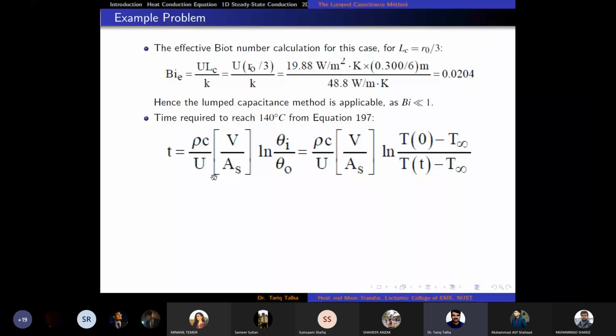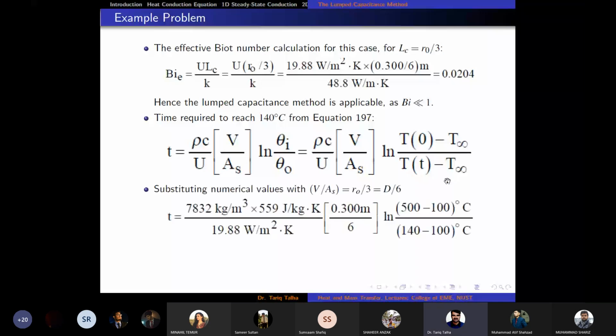Rho value is given, c is also given, V upon A_s is D upon 6, and T at 0 is 500 degrees centigrade, T infinity is 100. The final temperature where we need to find the time for is 140 degrees minus this 100. So if we put in the values, now you can see that